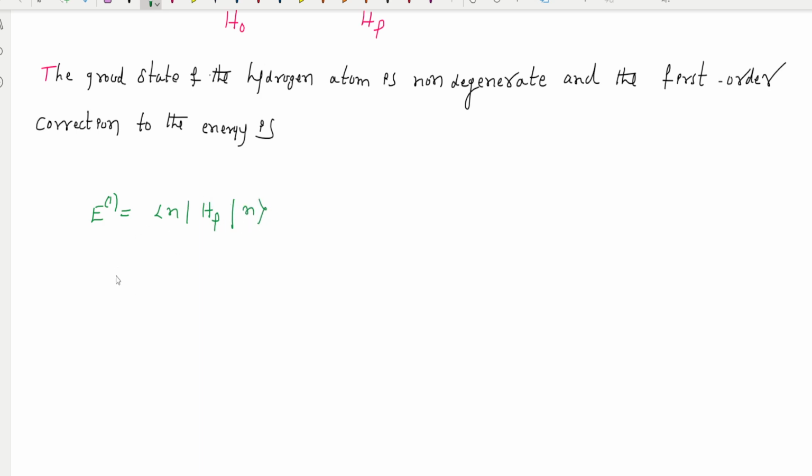This is the formula. So in our situation, we're going to use